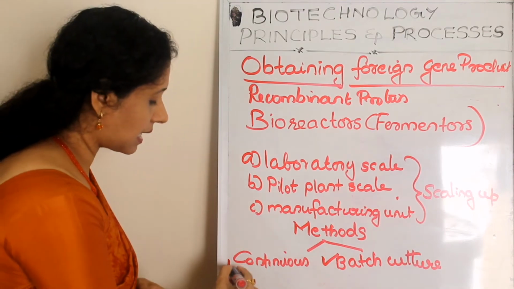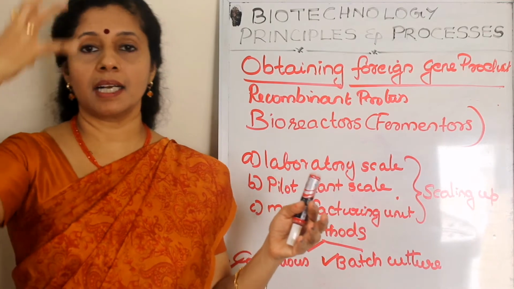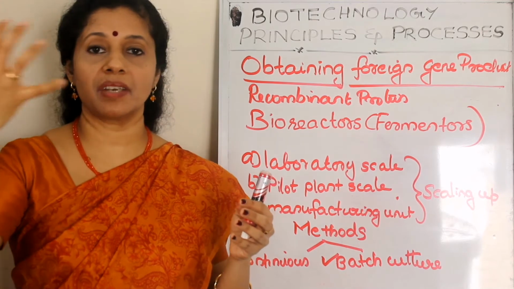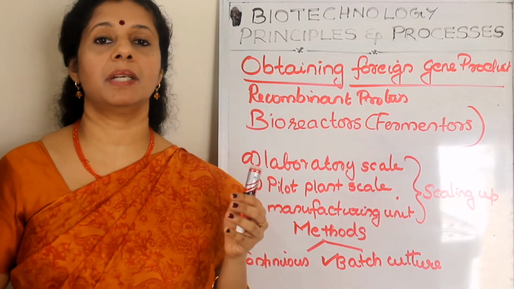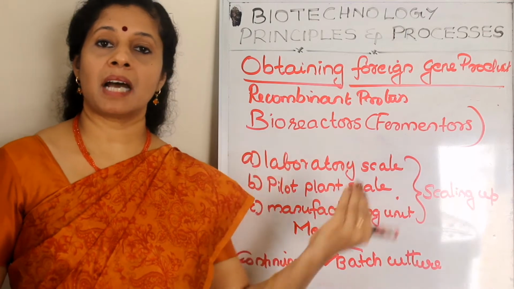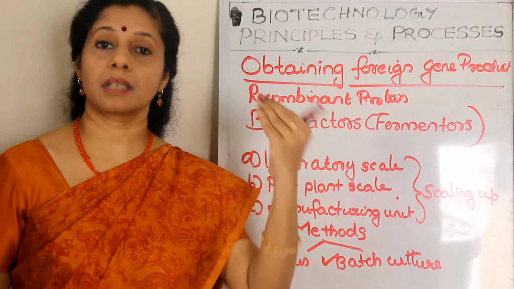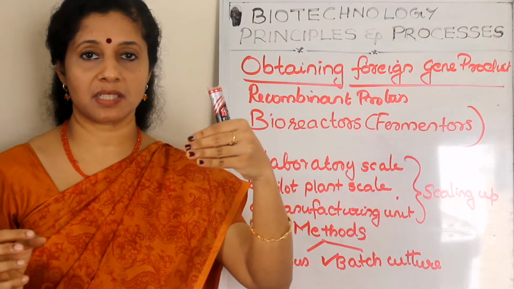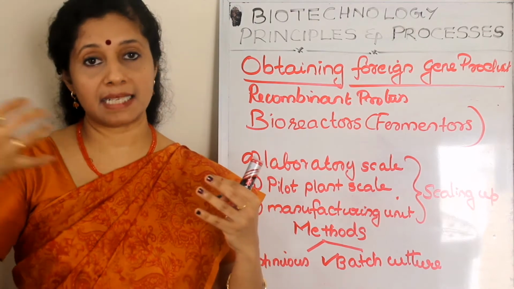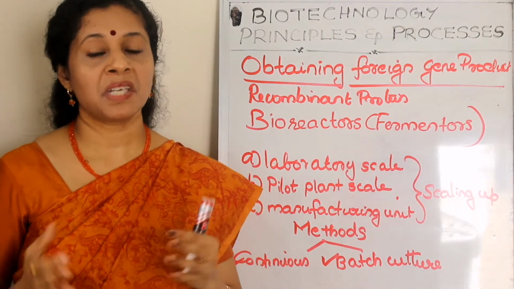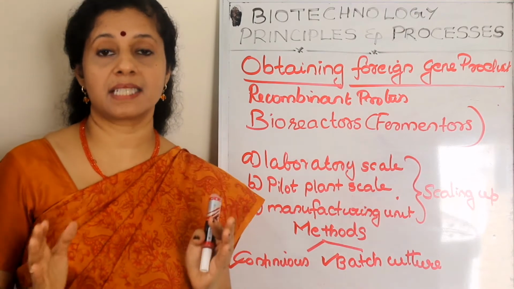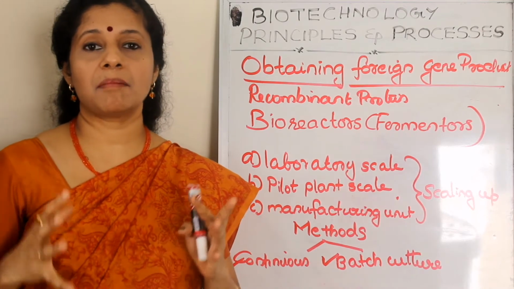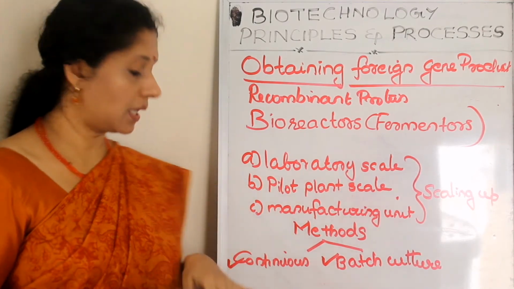Whereas in the continuous culture system, from one end we are continuously draining out the product along with the cultured cells, everything should be drained out. Even the used culture medium will be drained out. From another side we are giving the culture medium and inoculum. So it is continuously running. From one side we are loading the fresh sample, from the other side we are getting the product. We are keeping all the cultured cells in the highly physiologically active stage, called the log phase. So we get maximum yield and output when we are doing continuous culture.